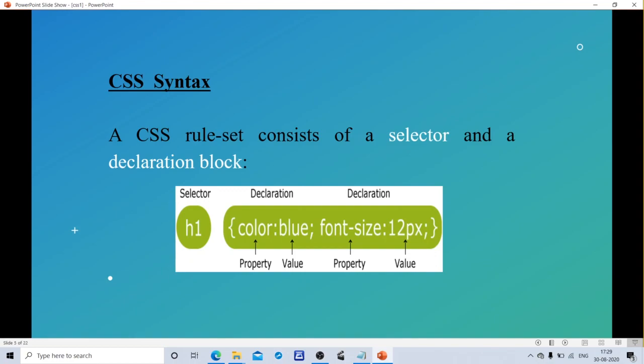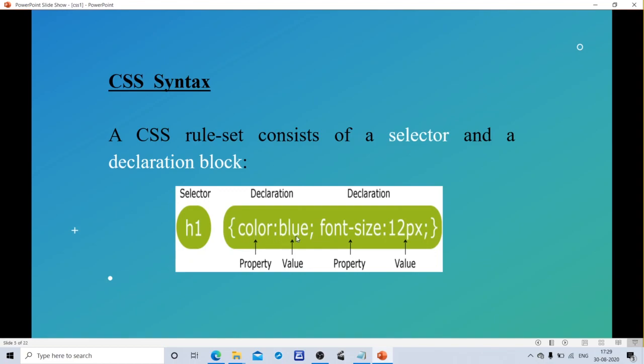If you observe, each and every declaration has a CSS property name and a value. These are separated by a colon. Here the CSS property name is color and the value is blue, separated with colon.